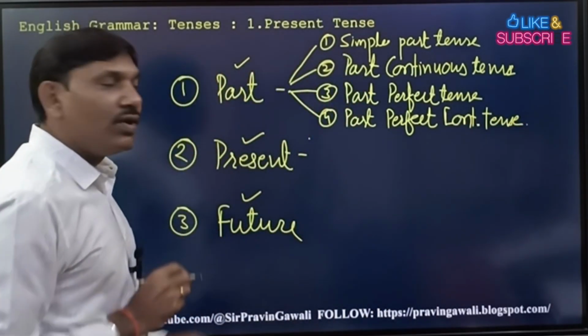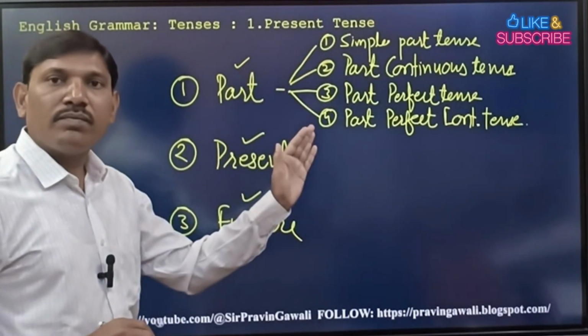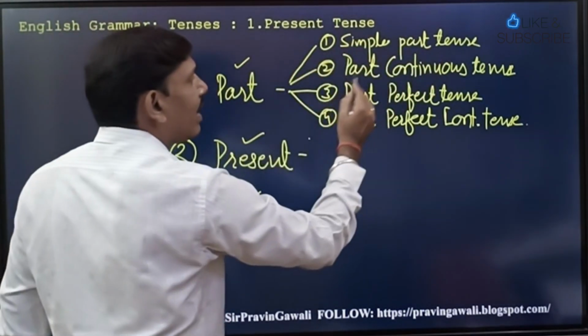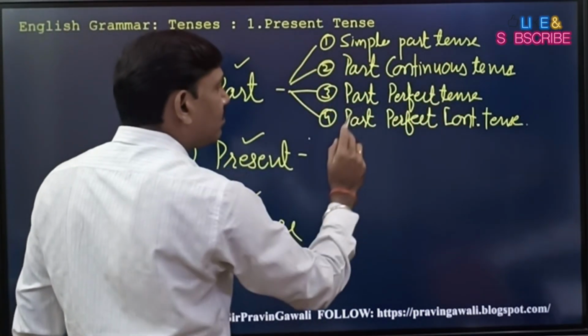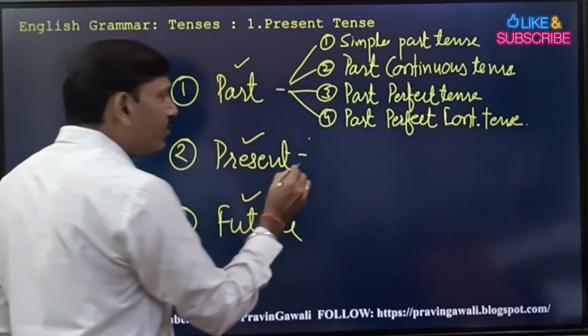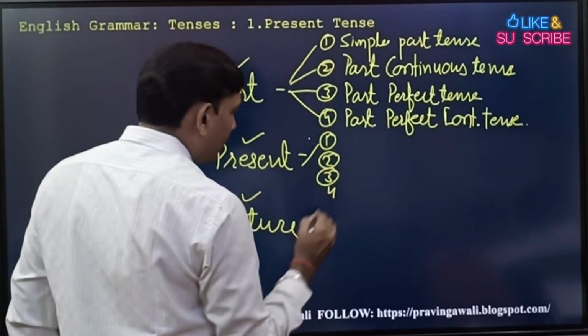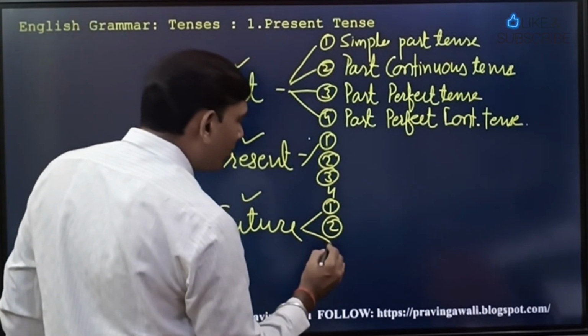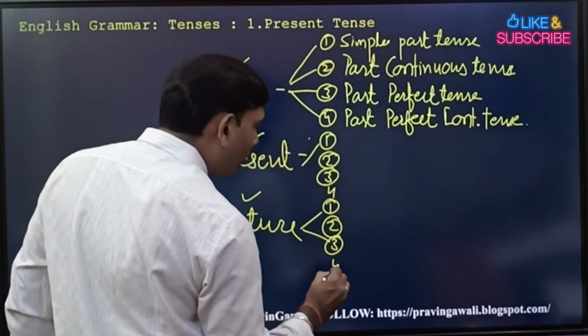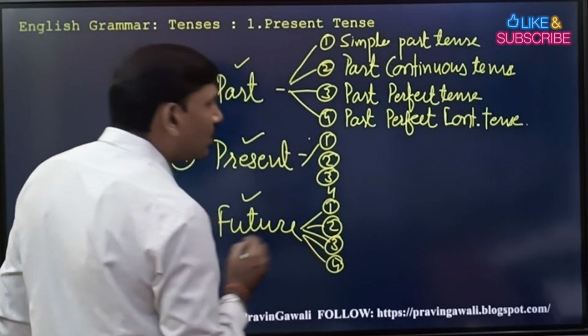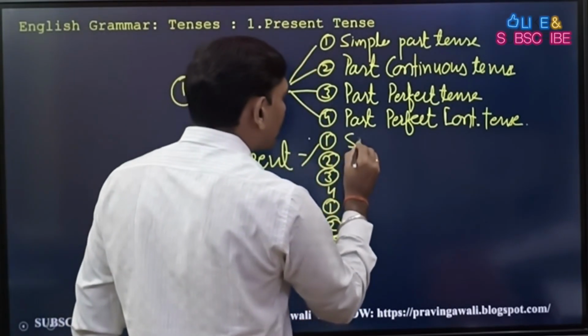Okay students, so past tense has four subtenses: simple past tense, past continuous tense, past perfect tense, past perfect continuous tense. In the same way, present tense also has four kinds. Okay, in the same way, future tense also has how many? Four subtenses. Okay students, the same. For example,